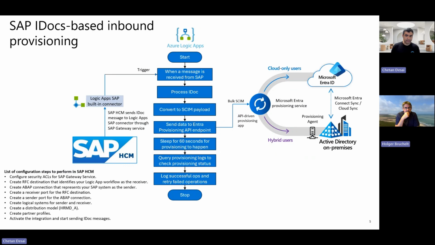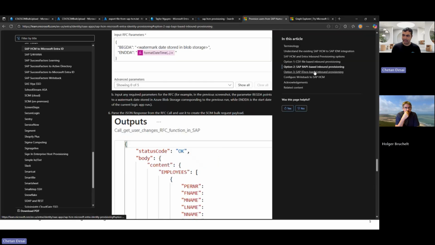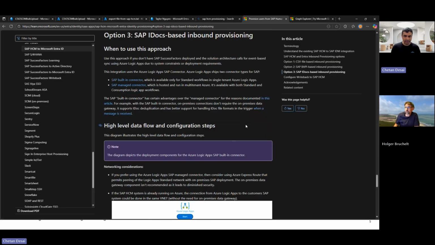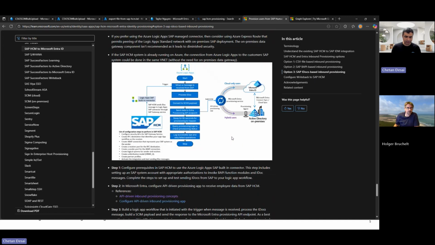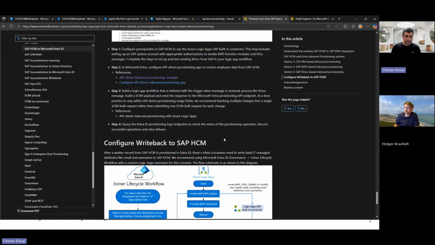Okay. Good. So that's the IDocs portion. And again, going back to our guide, I think we have called out the specific steps or the networking considerations that apply to this scenario. That's about it for the IDocs integration. And I think with this, we are ready to transition to that last step.